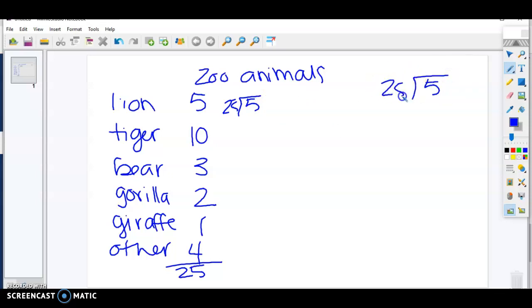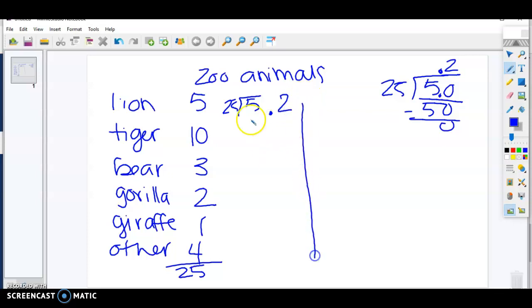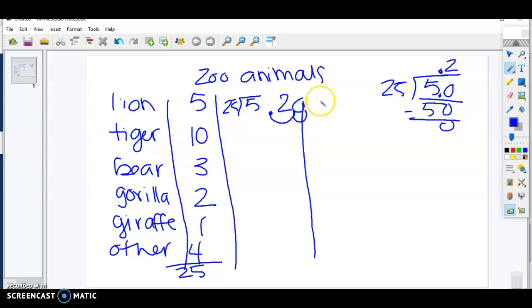5 divided by 25. 25 cannot go into 5, so I'm going to add my 0 and my decimal point. 25 can go into 50 2 times. So my answer is 0.25. That's my relative frequency. Then I asked you to go one more line and do the percent, right? Once I have a decimal, all I need to do is move that over twice. So I have 25%. Then on your chart, when you come over here,